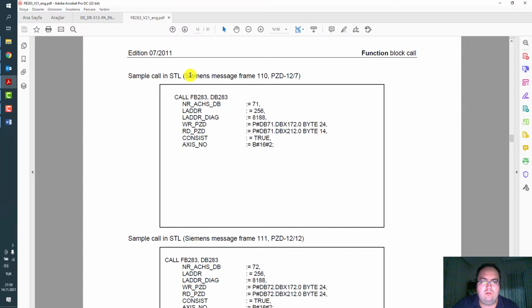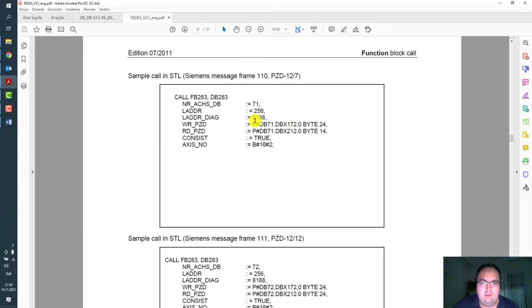It's a sample call in structured text or in STL. It looks like this: user data block axis number, logic address in hardware, diagnostic address we describe in hardware, and write data, read data for CMS message frame 110.